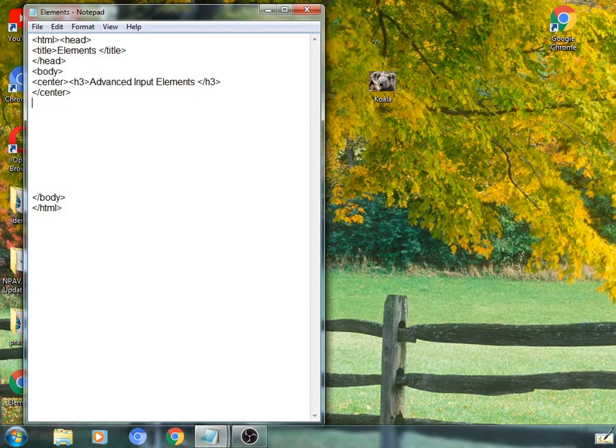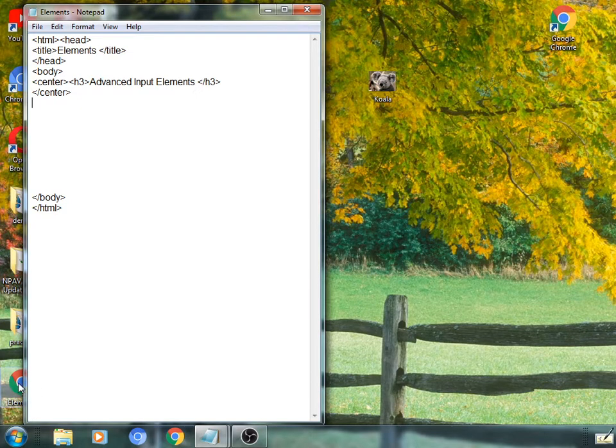Now we are going to see the rest of the advanced input elements such as image box, email ID box, search box, file, as well as telephone contact box like elements. We will check it out on this Google Chrome browser.